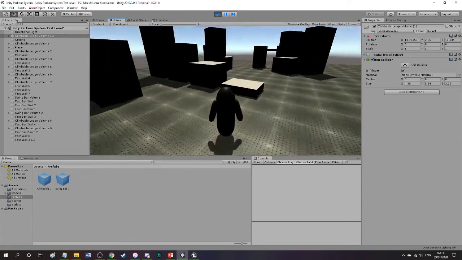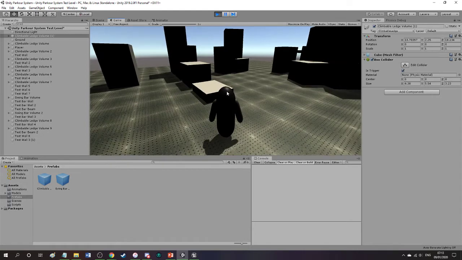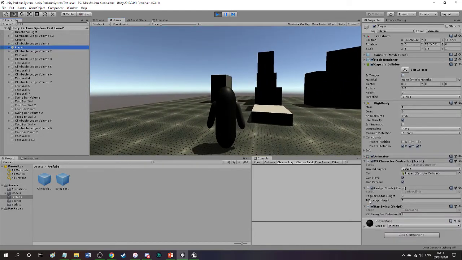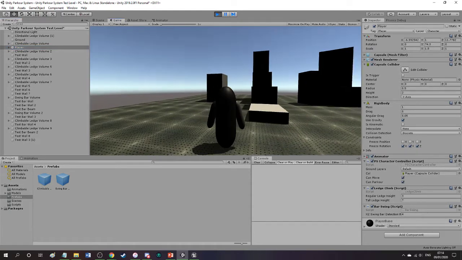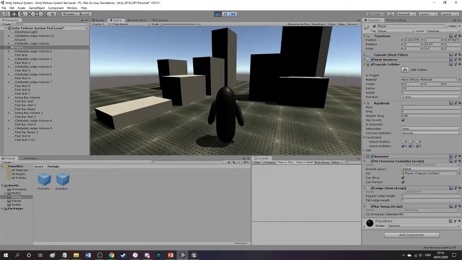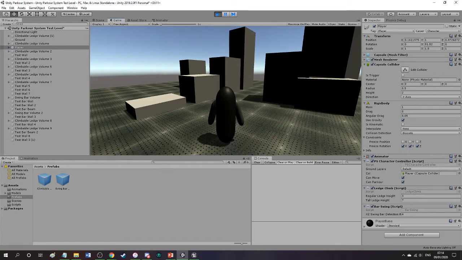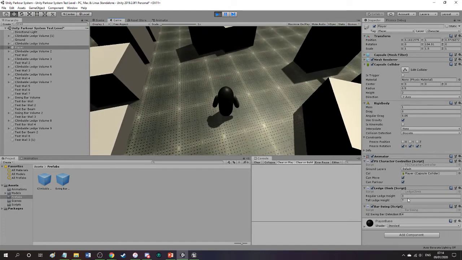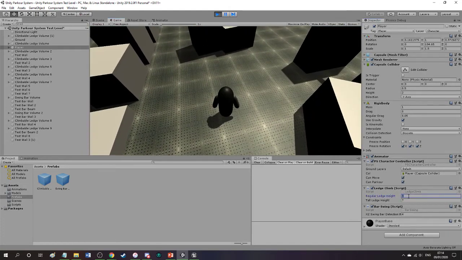Now, what's also really good about my system is how dynamic it is. If we go over to the player here, you can see the scripts down here. Now we have a few variables here that we can play with. The regular ledge height and the tool ledge height correspond to what height you need to be able to climb things, and also correlate to which animations are played for each height. Now, as you can see, 3 and 7 are the default, but if I increase this to 7 being the regular height, and let's say 12 being the tool height,